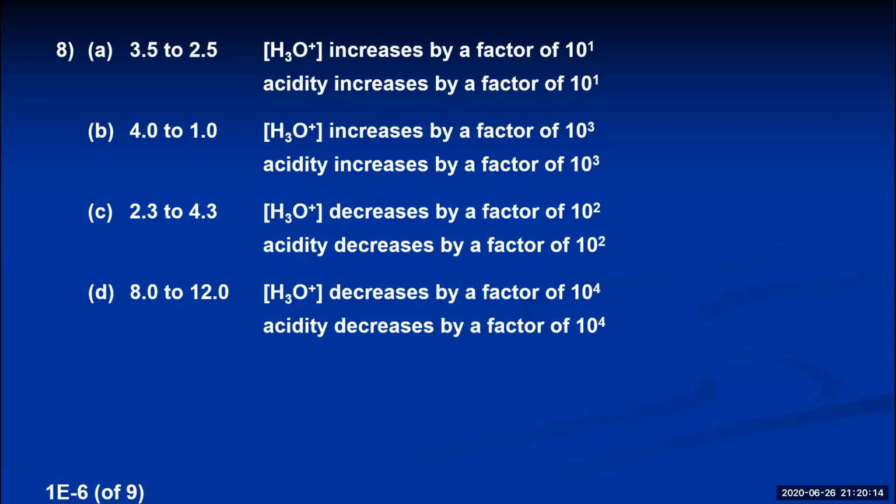Question number 9, give the missing information for each of the following solutions at 25 degrees Celsius. Solution number 1, they tell you the hydronium ion concentration is 1.25 times 10 to the minus third. We have to calculate the hydroxide concentration, the pH, and the pOH. And this can be done in a variety of different ways, but I'm going to calculate the hydroxide concentration first